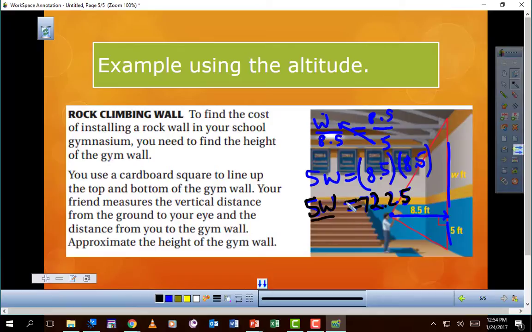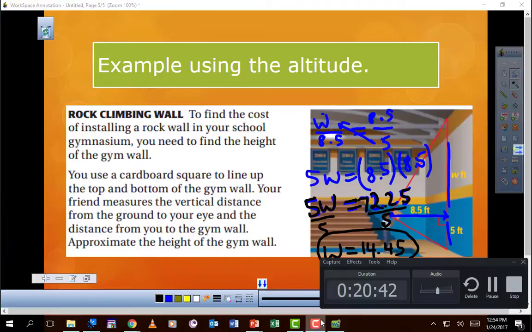Sometimes I can see it just fine on my screen, and you guys can't see it as well. Okay, but we're going to divide by 5 on this side, divide by 5 on this side. So W is equal to 0.45. You see how easy this is? So one of the other ways we can do these triangles and solve for the heights and stuff is by setting up the geometric mean proportion, like this problem here. So what I'd like you to do now, I'd like you to go